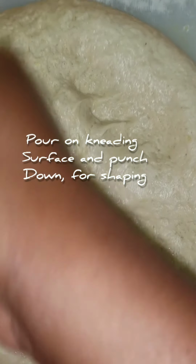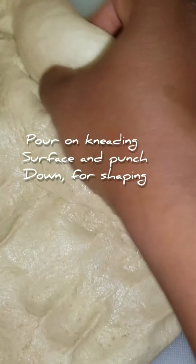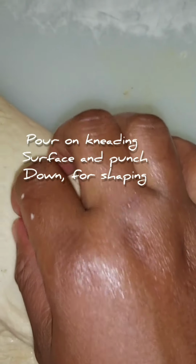So now we're gonna punch and shape our bread into our desired shape. If you want it bread rolls,